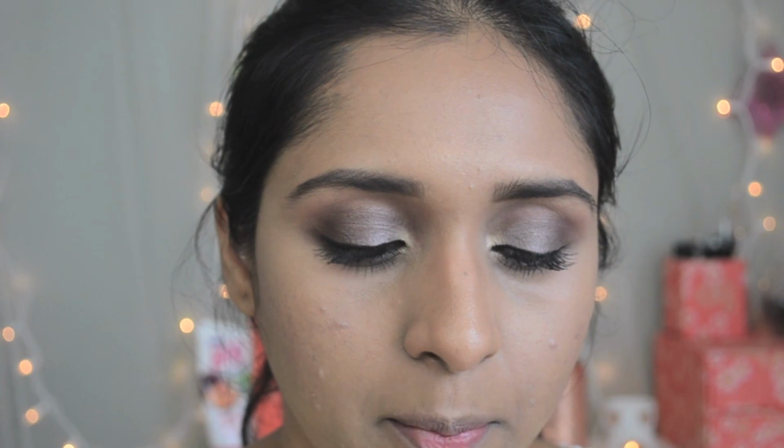For my blush, I'm using ColourPop blush, and I only used this once, so I'm just going to use it again. This is called Between the Sheets, and this is the only blush that I picked up from ColourPop. So I'm just going to use the Real Techniques Expert Face Brush. I'm going to pick up some product,